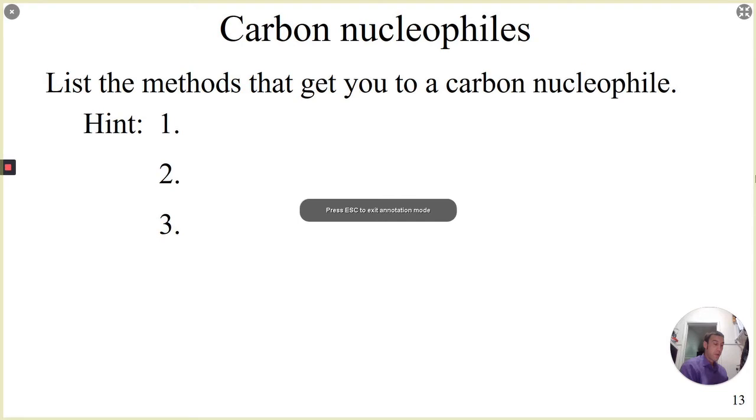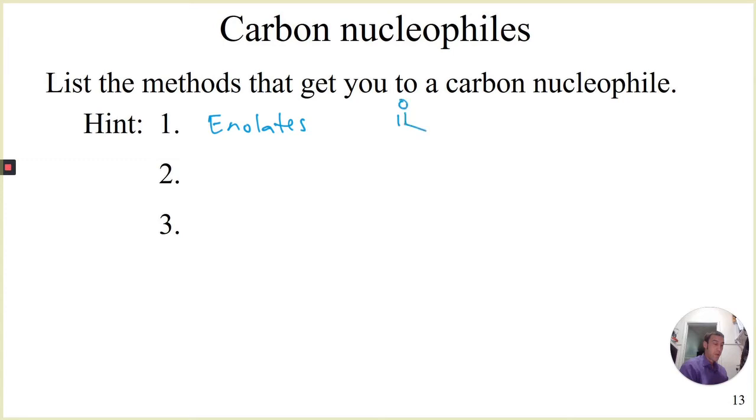To that end, hopefully you were able to target some kind of easy ones. We talked about enolates in this particular unit, so that should trigger some potential. So that resonance-stabilized enolate does get you a negative carbon. So that would work because that could be a nucleophile. The other one,